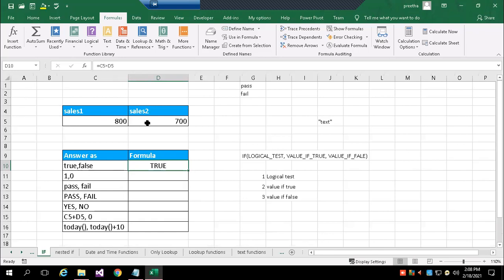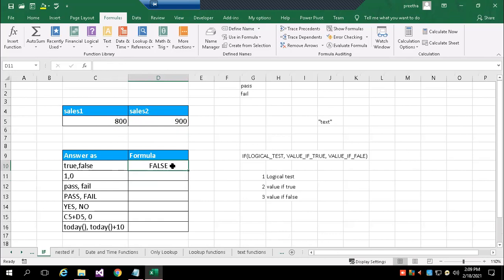In case the value is more than the first cell, I change the value from 700 to 900. Now you can see the formula automatically changed to false. We expected 800 is greater than 900, so 800 is not greater than 900. So what I'm getting here is false.